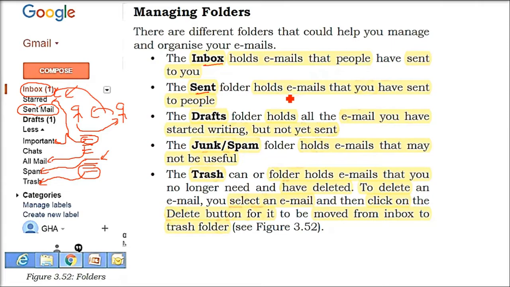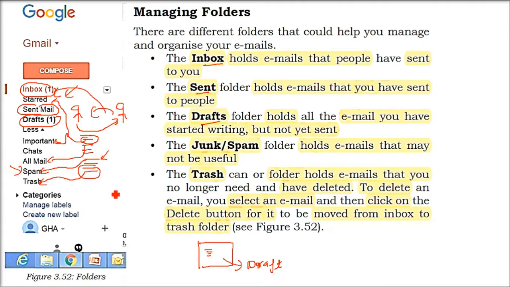Sent is the folder for the emails that you have sent. Draft is important. Say you are composing an email and you have not completed it. It will go to draft. You haven't sent it, you just typed it. It will automatically go to the draft. Then you can take some other time and then complete and send it. You can schedule your email also. So trash and bin are where you delete mails.